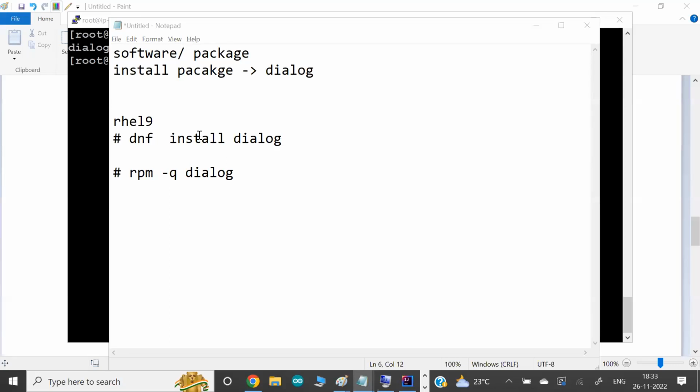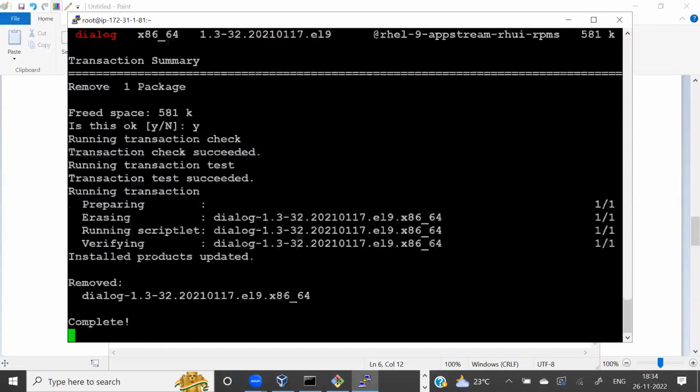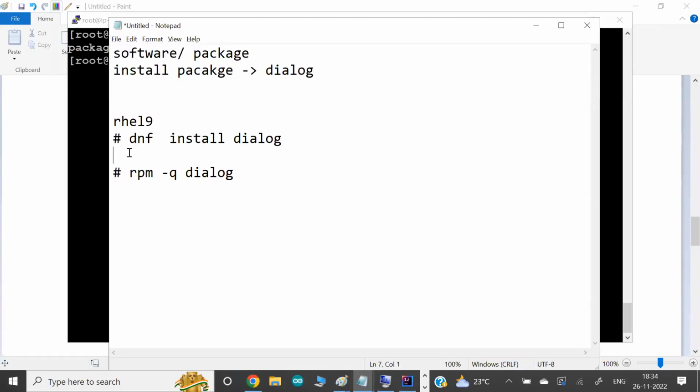To show the demo, let me uninstall the software using the yum or dnf remove command. Do you want to uninstall? I say yes. To confirm, you can check the software is not there. By chance, I know the commands to install and uninstall, so we can do everything. But my motto is to have that thinking process: let's say we don't know, how can we achieve it? That's the plan. This is the manual approach, but you know the command. The same manual thing I'm going to do in Ansible, but let's say we don't know the command.